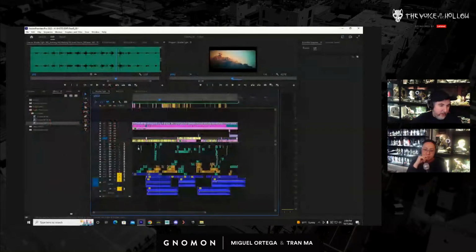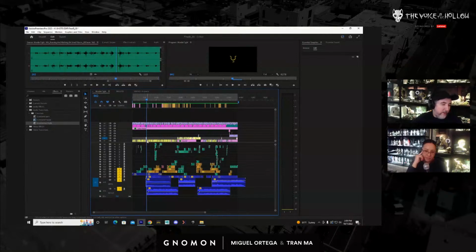Okay, so we have that. Next up is all the music. If we isolate this here, you can see I'm labeling these with what's called mango color. One thing we did on this project that is different from the other projects is we tend to use music much less, and it was a conscious decision.